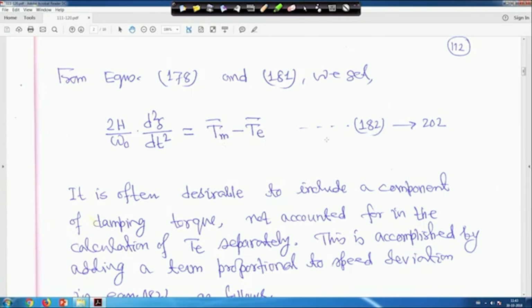This is equation 182. This is actually nothing, only this one. So, next is